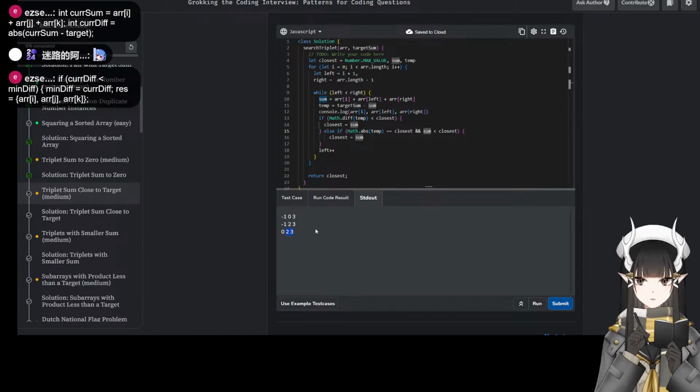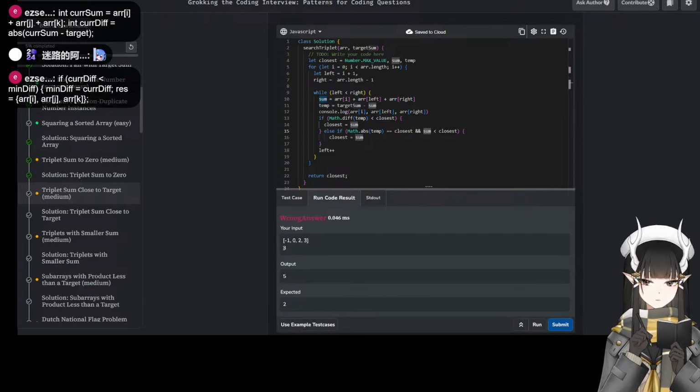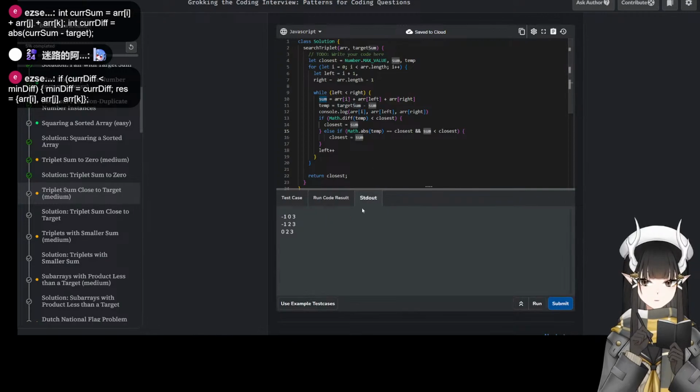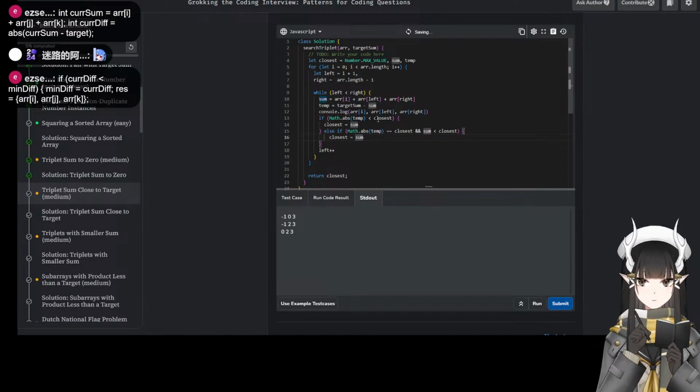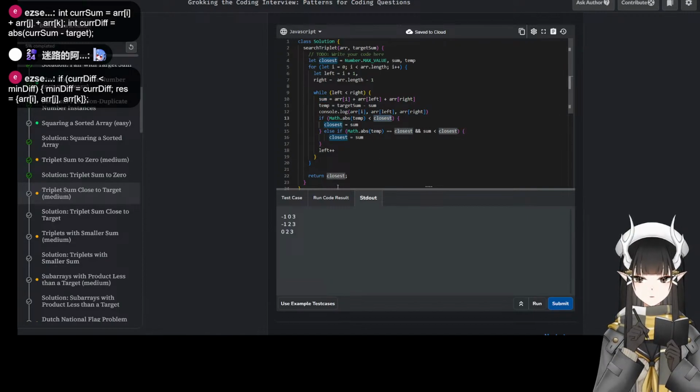Right, and then 2 and 3. 2 and 3 is 5. We're looking for 3. So target sum 3 minus 5 is 2. Like mathematics absolute is 2, right? 2 compared to closest.